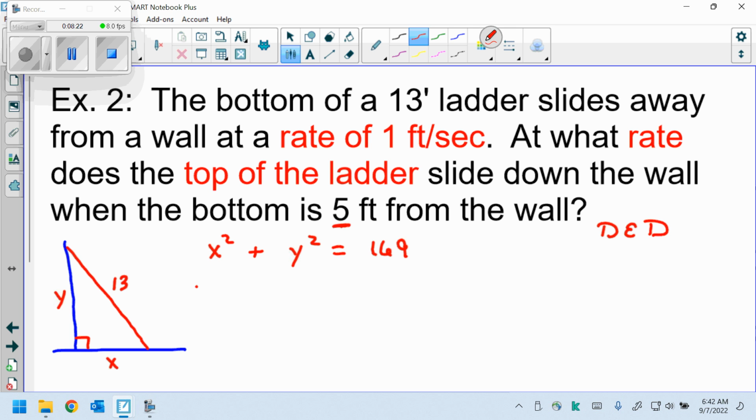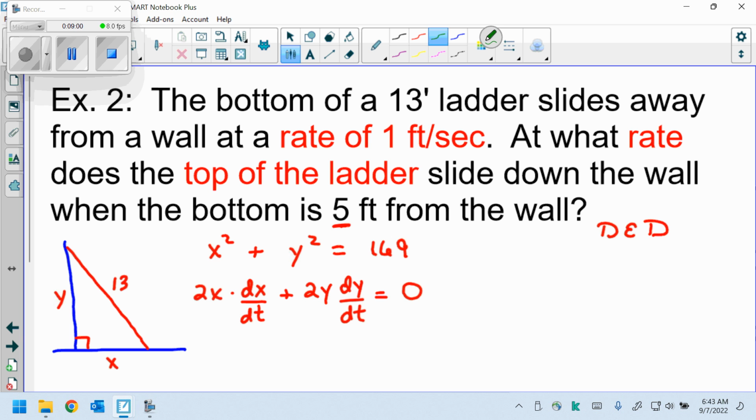And the derivative of x squared is 2x. But I got to remember to take the derivative with respect to time. And the derivative of y squared is 2y. But I got to take the derivative with respect to time. And the derivative of 169, just like any other constant, it is the magic moment. And at this magic moment,